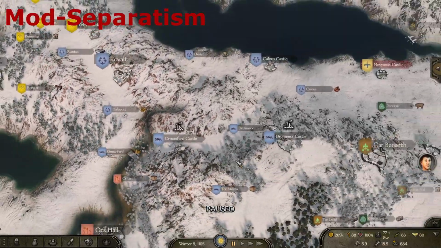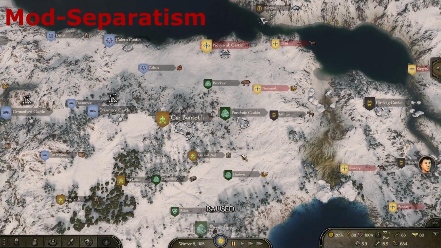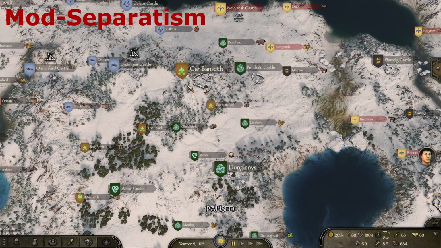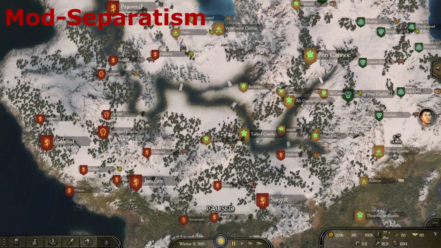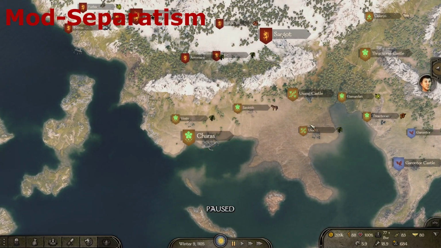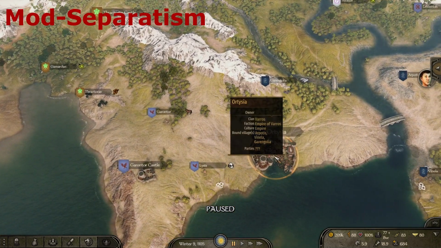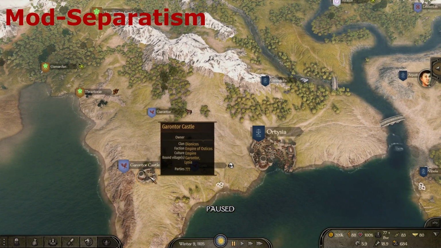It is listed as version 1.0.1, but I have used it with 1.0.2 and the most recent 1.0.3 update as well. The main feature of Separatism is to add challenge to expanding factions by adding more avenues of